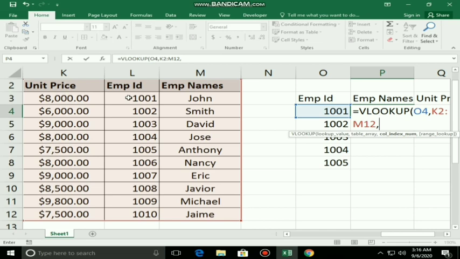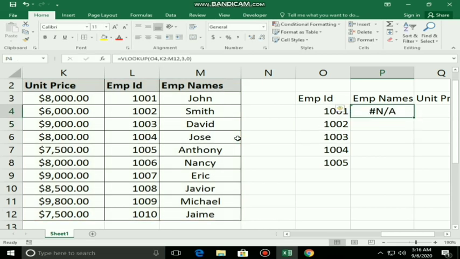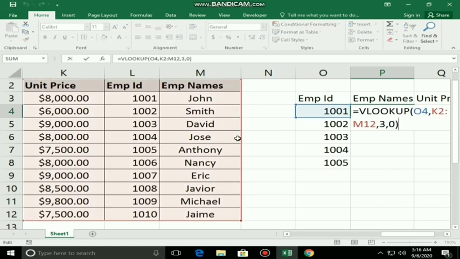Here employee ID is in the second place, where VLOOKUP will not work. Now let me check whether this is true or false. Column index number: out of these three columns, names is in the third column, 3, 0. Hit enter. Obviously it will give you an error. When I use employee ID in the range selection, it has to be in the first place.